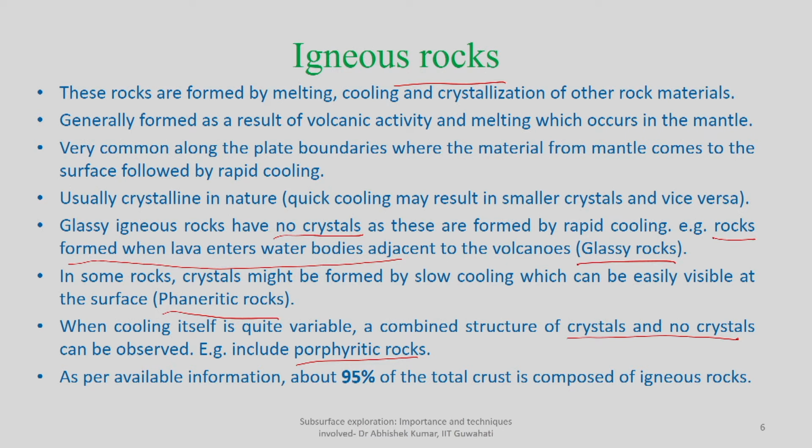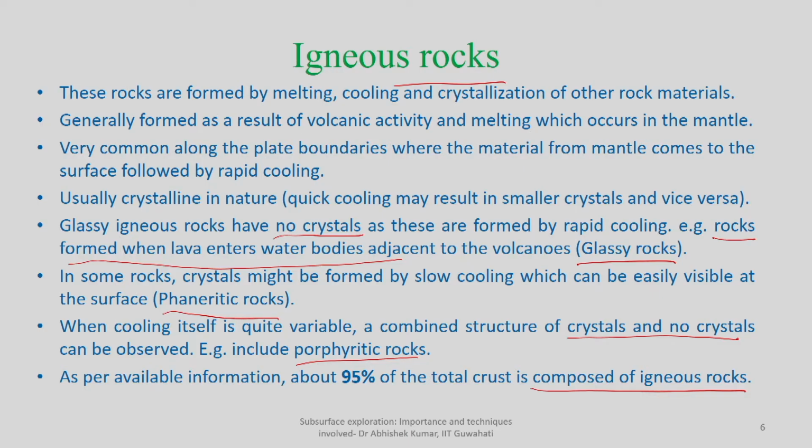It has to be highlighted here that about 95% of the total crust, the surface medium or the topmost layer of the earth, is composed of igneous rock. The entire earth is divided into a number of plates, and at the interface of each plate there will be either a divergent plate boundary, a convergent plate boundary or a transform plate boundary. So there is always the possibility that material is getting melted because of the heat generated at the boundary and coming onto the surface, or when two plates are moving away from each other, it will again bring some material onto the surface.